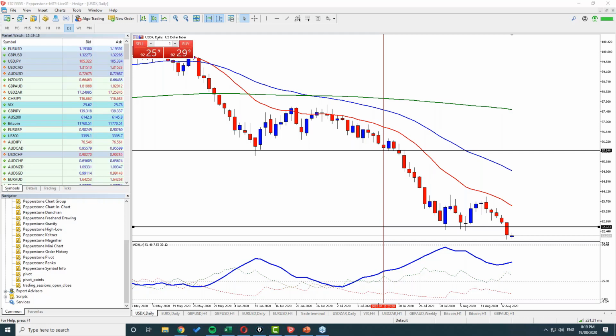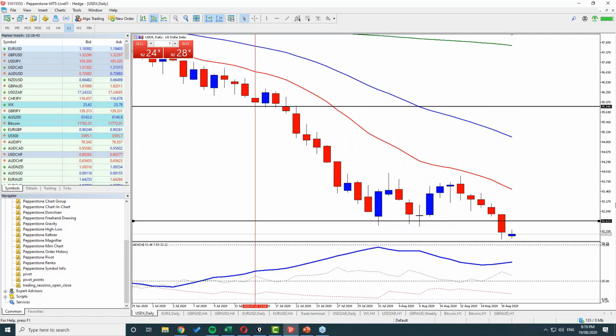What happens usually when things break key supports, Ty? They often come back and they do what? Yeah, basically get a role reversal, and that's exactly what you're looking for with the ADX swing. We talk about role reversal all the time, and we believe in it very, very heavily, simply because it does work. We know that it works. So when you can start incorporating things like the ADX.